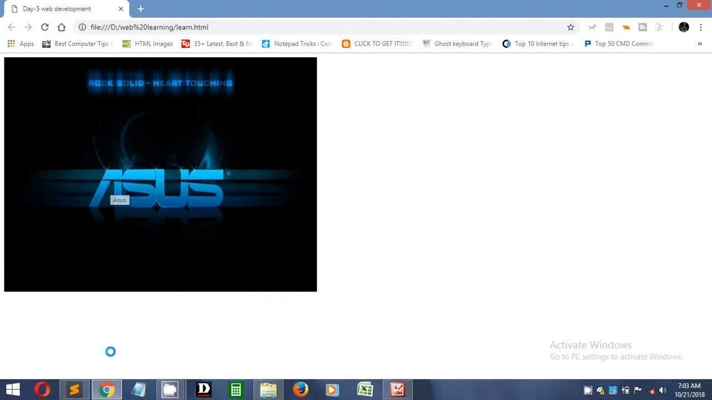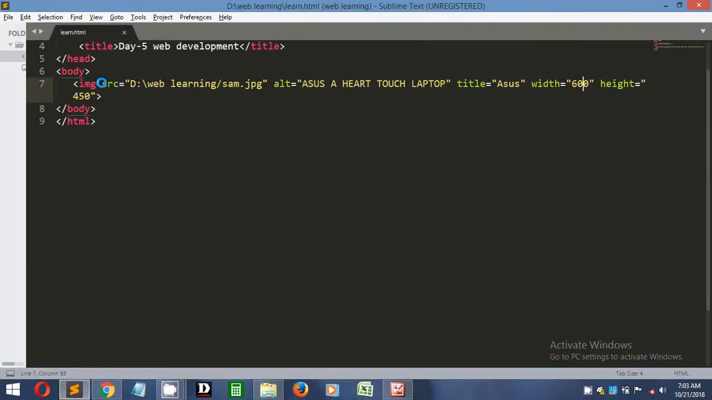So how to give the right size? Under that image tag we have to give the width, and width equals double quotes, and give your size of width and give your size of height. Okay, so this is the way to give width and height in your HTML, and this is the way to use an image in your HTML. First thing we have to remember is the image tag. Under the image we have to put the source, means the path of the file,